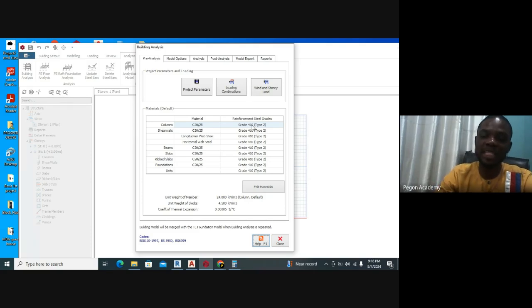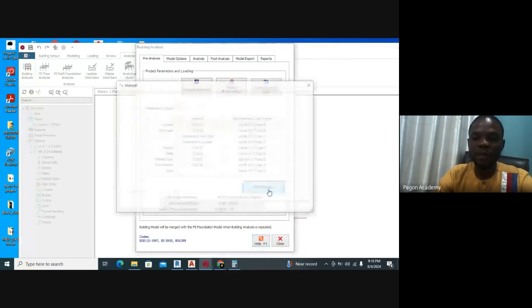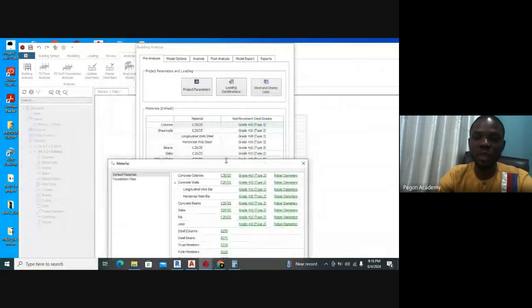Now, likewise, you have the steel grades. You have the tiger rods, right? What we normally use in, I think, Nigeria and Ghana as well, are the tiger rods, or you call them TMT. All right. Now, this type of rod is HYSD, high yield strength deformed bars, and that is what we use in ProtaStructure as well. However, there are other grades of steel that can be used as well, but we normally use grade 410, which is the tiger rods. All right. Now, if you want to edit these materials, you don't want to use this one, so you can simply